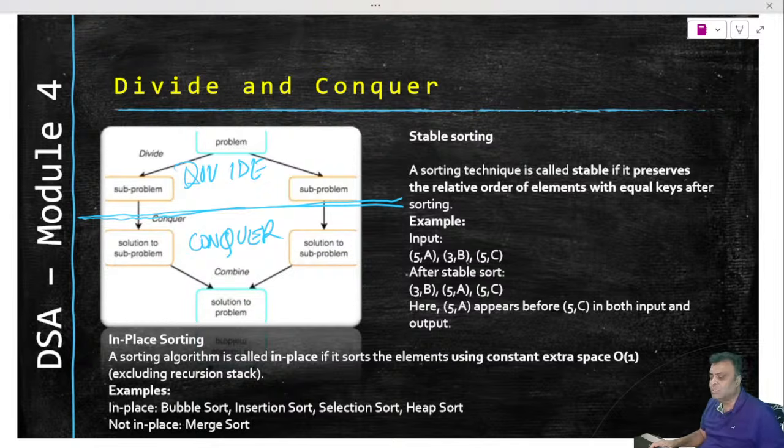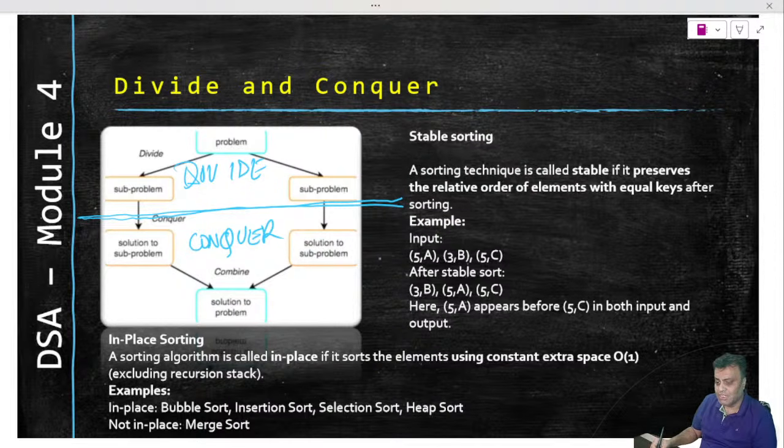In terms of 2 other things that we had to cover, which are stable sorting and in-place sorting, these are 2 things which keep on repeating. It's one of the key metrics that gets asked, right? Because it is a metric, it is common to all the sorts. Each sort can exhibit stable sorting, yes or no. Each sort can exhibit in-place sorting, yes or no, right? So we have to be clear of what in-place sorting and what stable sorting means.